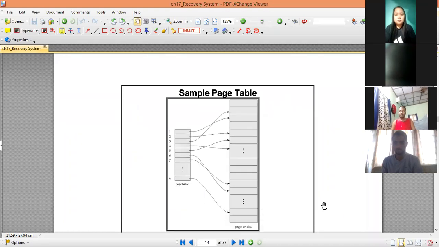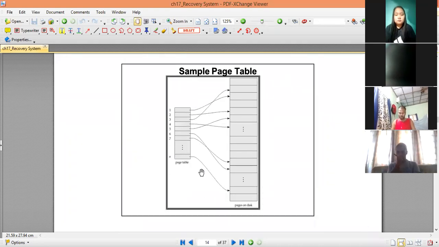Let's say this is our page table. Okay, and that is pointing to some pages on the disk. The disk is located in the hard disk or stable storage. So that is basically the database, and the page table is stored in the main memory, or volatile memory.